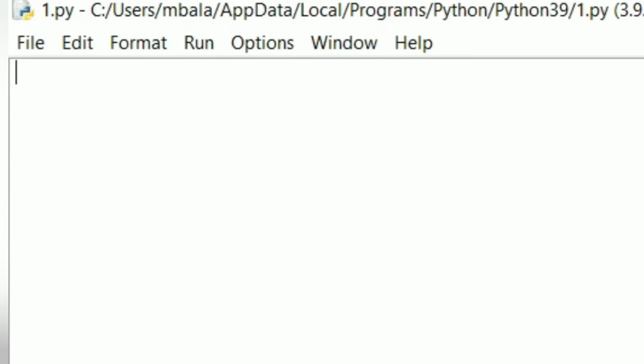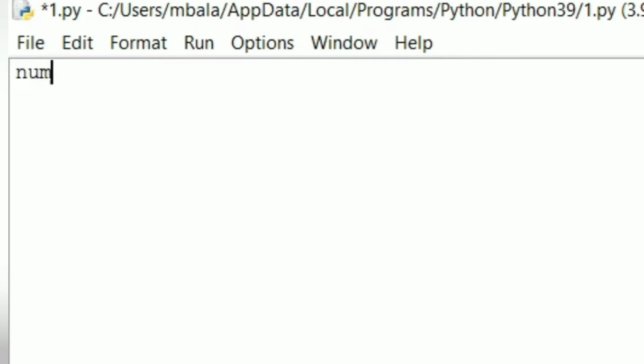And now this is the third method. In this also the value is known to you. The value depends on us. So we are giving num1 equal to, let me give 100. You can give whatever number you want. num2 equal to, I'm just giving 90.